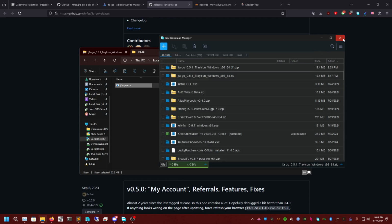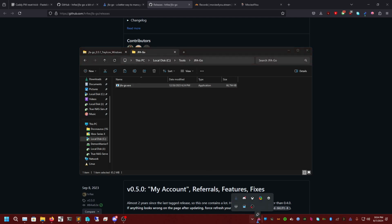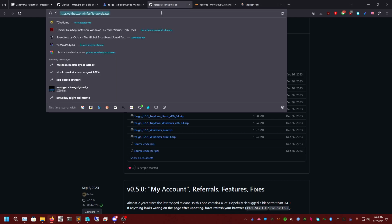Alright, now that it's pasted in there, we will run the executable. And if we check now down here in our show hidden icons, we'll see we have a JFA-Go. So I'll pull it over here. We'll see we have it right here and it's running. So we'll click and it's running on login. So to find out our address, we just...